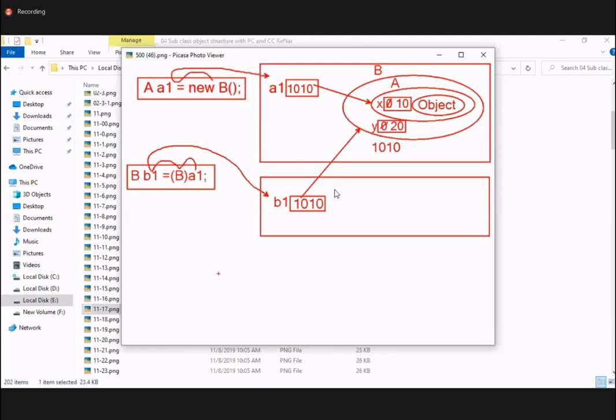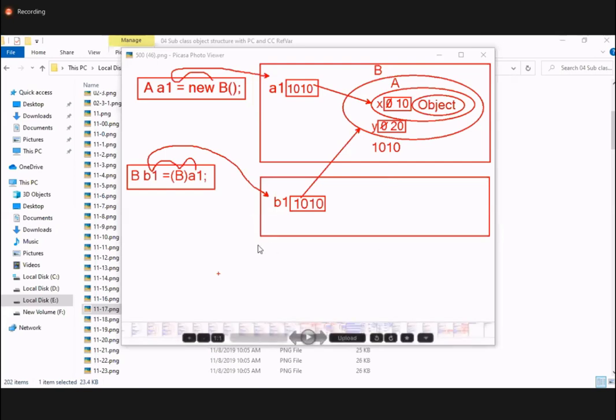Instead, the same subclass object reference is copied by converting its type from superclass to subclass,